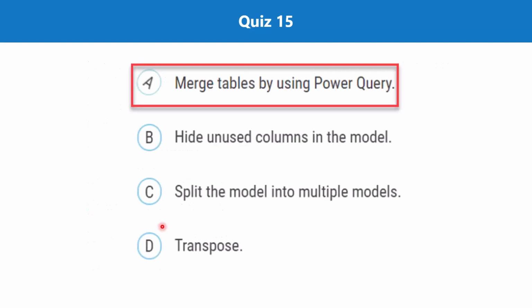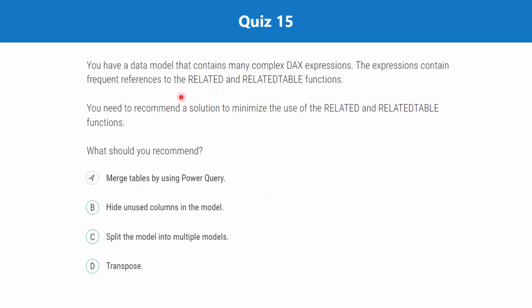The correct answer is merge tables by using Power Query. Remember, we discussed in one of the videos that RELATED and RELATEDTABLE are based on the relationship between the tables. So you need to have a one-to-many relationship between the tables. If you are having issues with complex DAX expressions that are based on RELATED and RELATEDTABLE, you can get rid of them by reducing the relationships. If we merge the tables inside Power Query, then we cannot use the RELATED and RELATEDTABLE